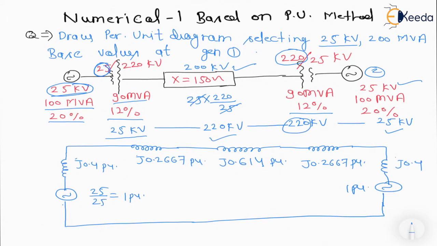One most important point: you have to look at both transformers. They have the same transformation ratio, same power rating, and same per unit impedance. The only difference is that one is applied in step up direction, and the other has been applied in the single line diagram in step down configuration. So the per unit value will be the same if their transformation ratio, rating and old per unit value are the same. So here we got 0.2667 pu, 0.2667 pu. So this is all about this numerical. Thank you.